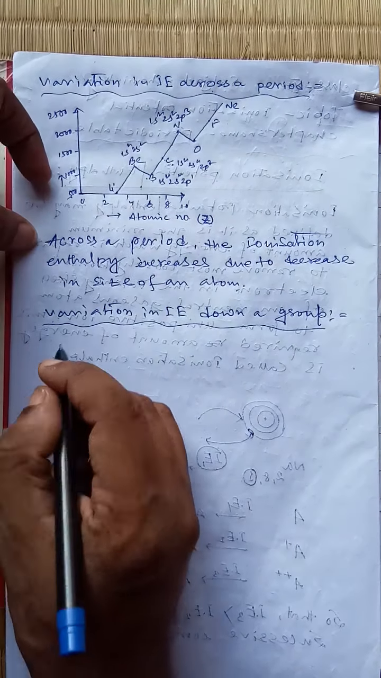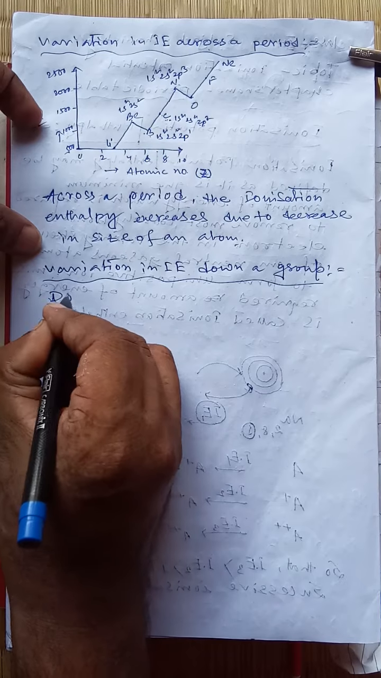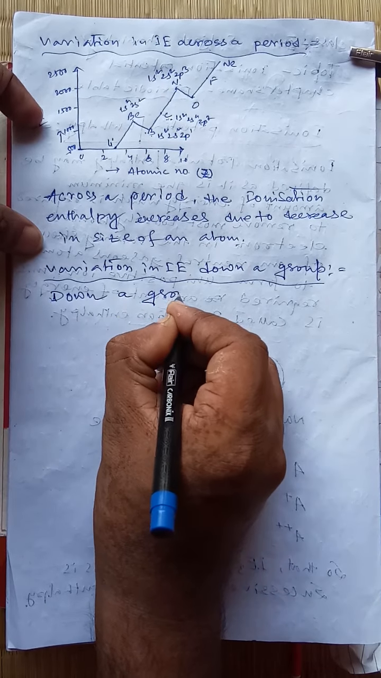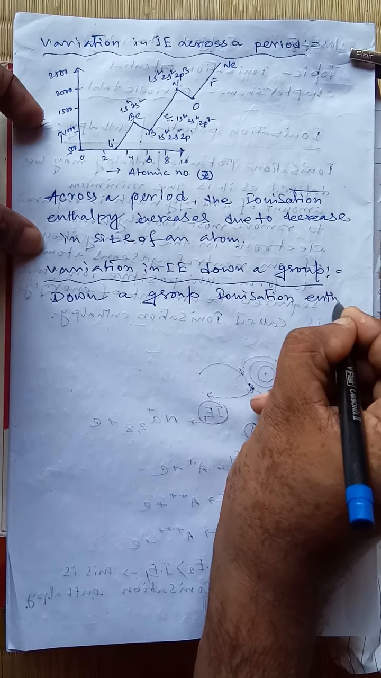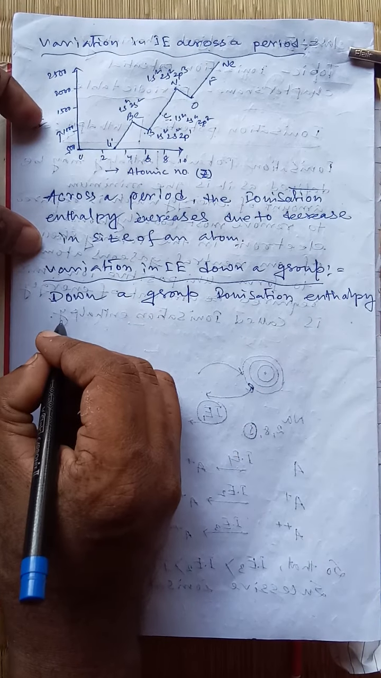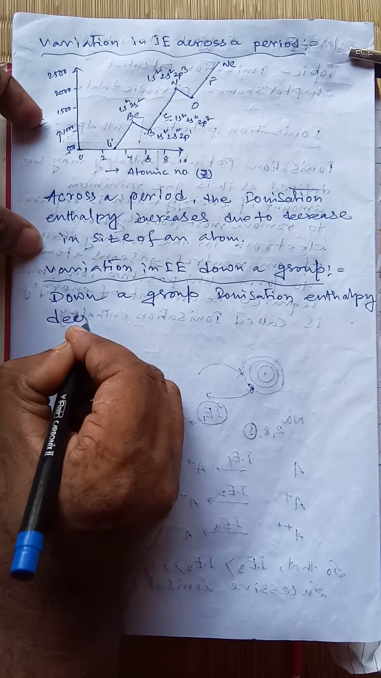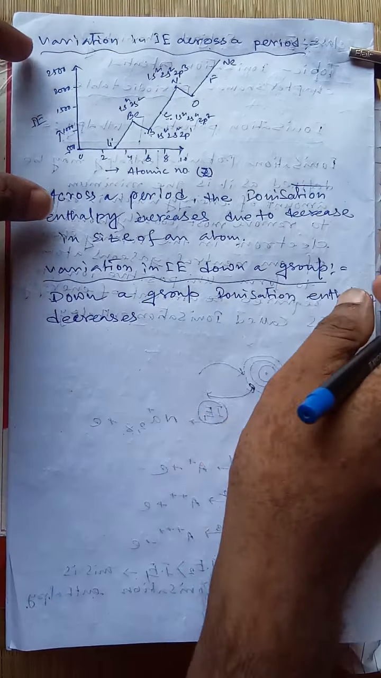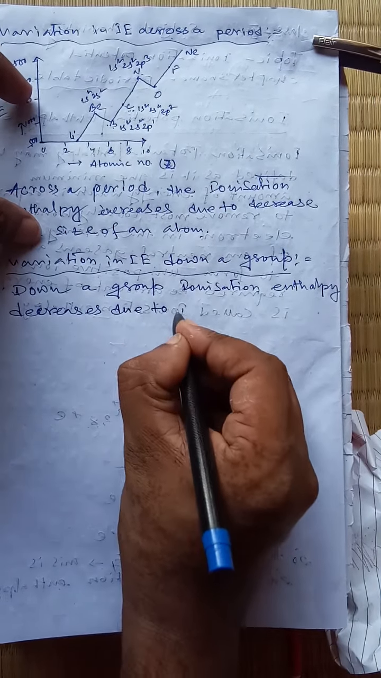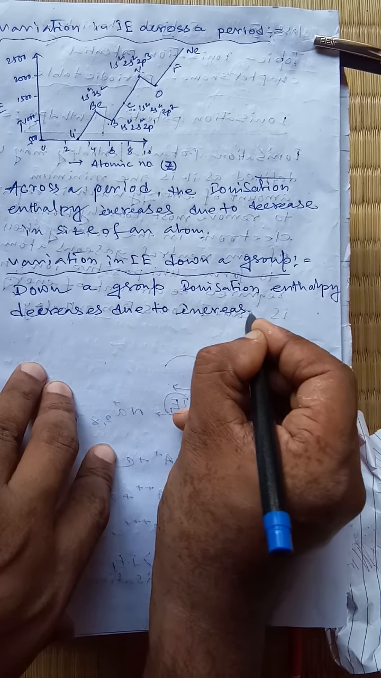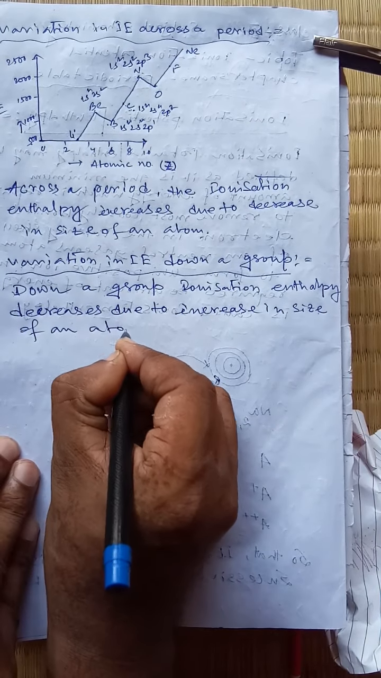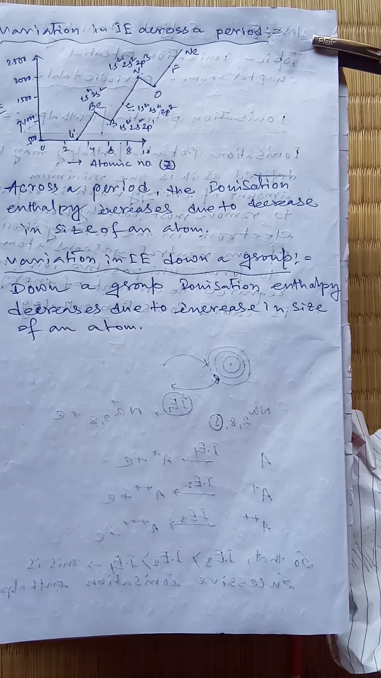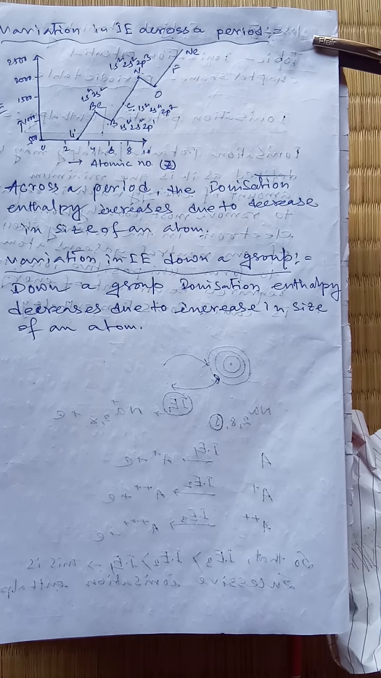So we may write: down a group ionization enthalpy decreases due to increase in size of an atom. So that is the concept, because if we move from top to bottom, a new